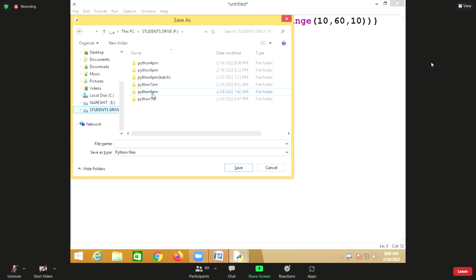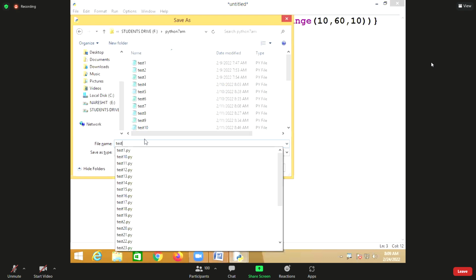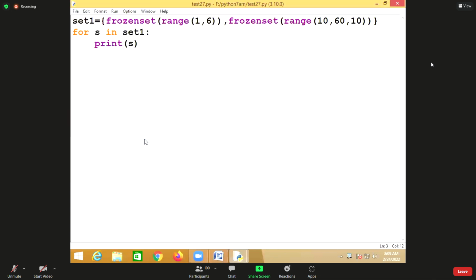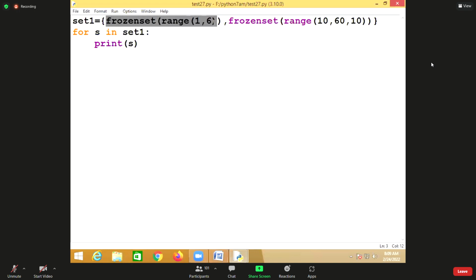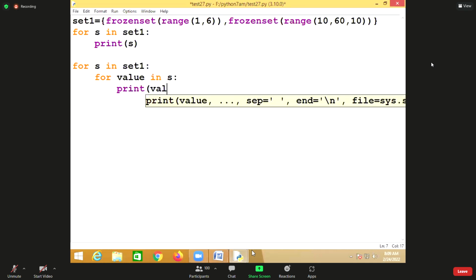Okay, so where I print the set directly, what will happen here is, this is the first frozen set and this is the second frozen set. First you read one set and this set is assigned to the variable s, and then you read the second frozen set and assign it to the variable s. Again, if you want to read the elements from those sets, for s in set 1, it will read the first frozen set, and from that frozen set I want to read the values. So I just write here print value